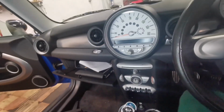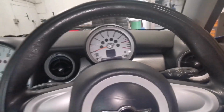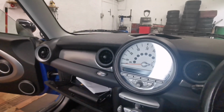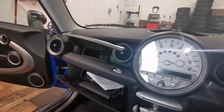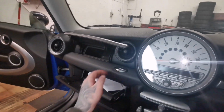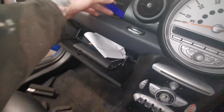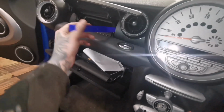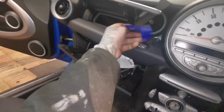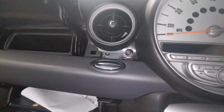The next step is basically you've got to remove these two. So basically, if you don't have a hidden glove box like that, then you don't have to pull this plastic off. You just have to pry that one off. So, two seconds. Right, so just get yourself a pry tool and pry that bit out, and that will reveal another screw,